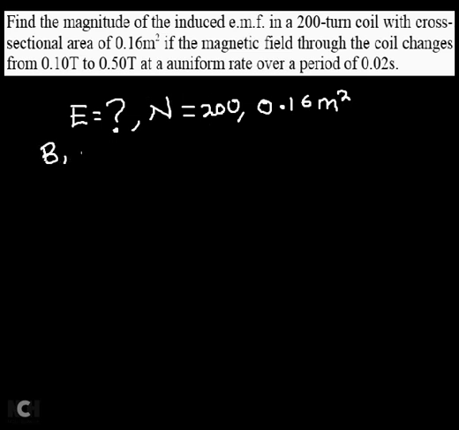Let's work. So this question goes this way. Find the magnitude of the induced EMF. So let me use E this time around. Induced EMF, question mark, in a coil of 200 turns, the number of turns is 200, with cross-sectional area of 0.16 meters square. If the magnetic field through the core changes from